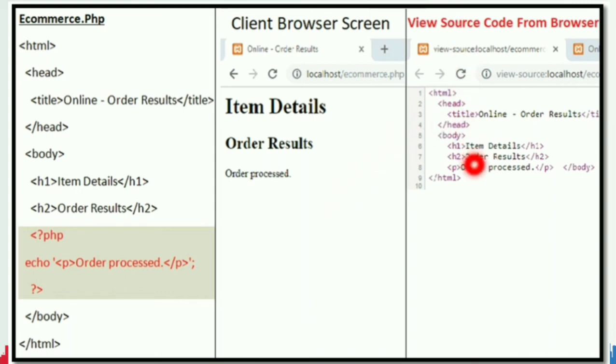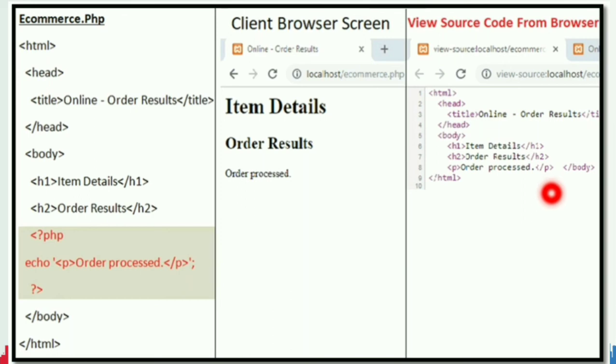So here it is. The source code will be opened in the same browser, but you can find only the HTML coding. Look at the line. The paragraph tag is mentioned, but PHP code is not visible. So that is the advantage of a scripting language, that is a server side scripting language.